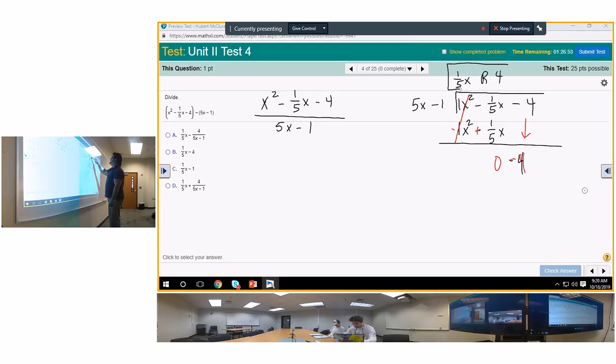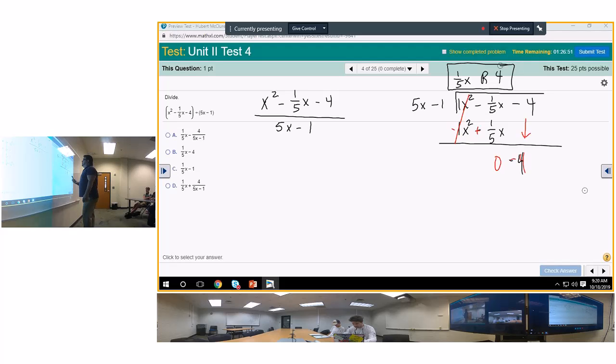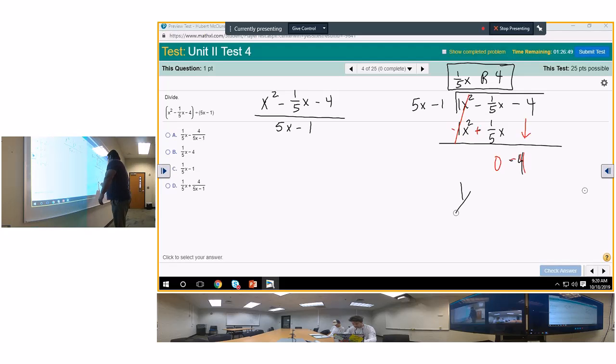That's one way to write the answer. Or you could say 1/5 x, or plus, whatever you want to, negative 4 over 5x minus 1. That's how they do it in the